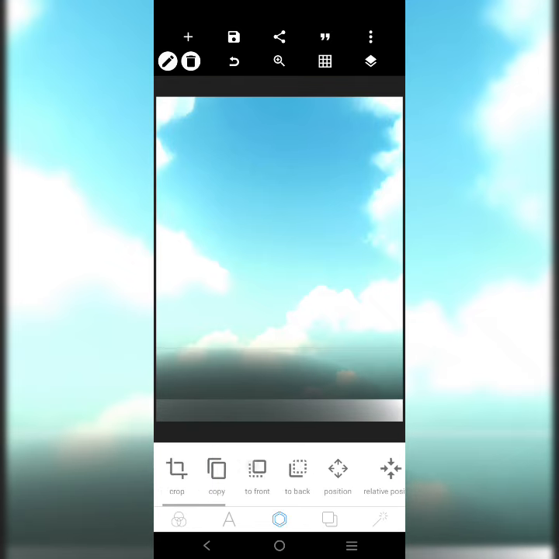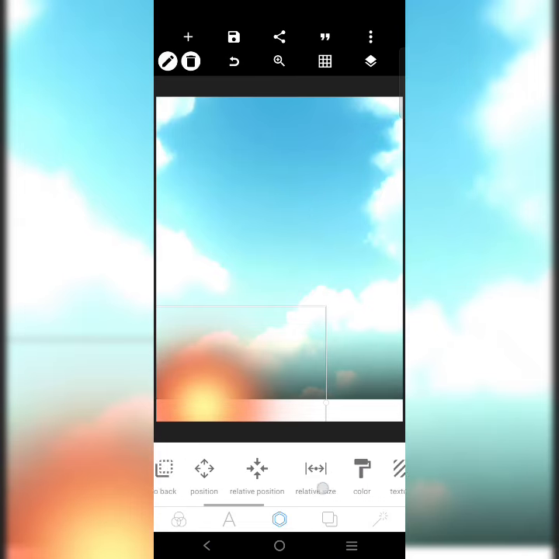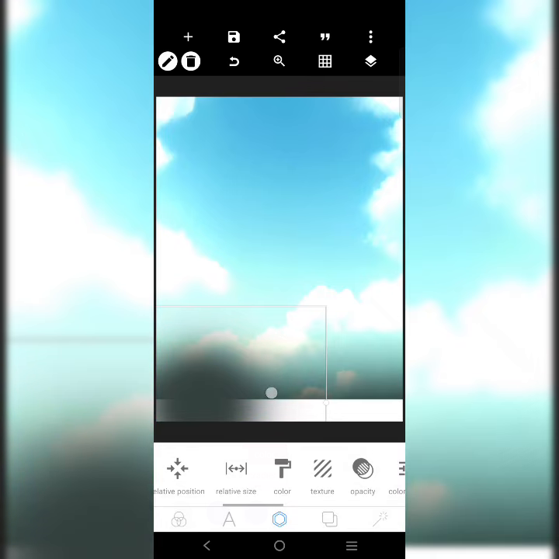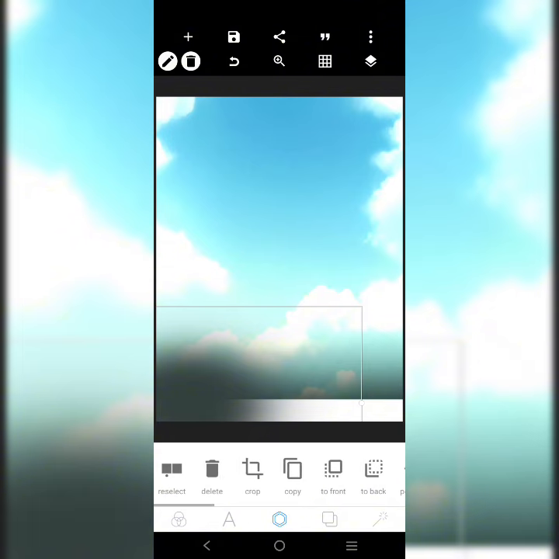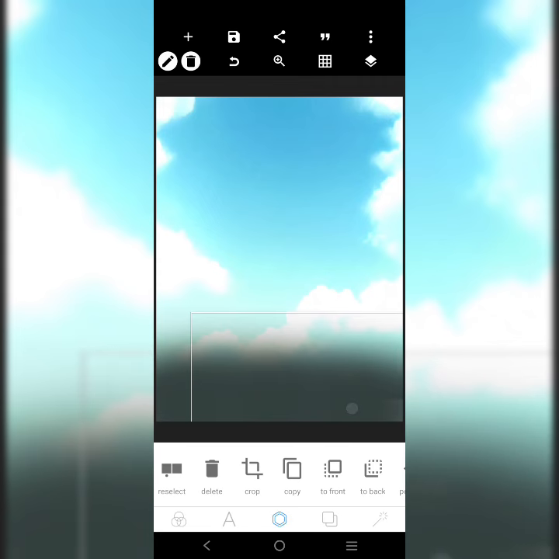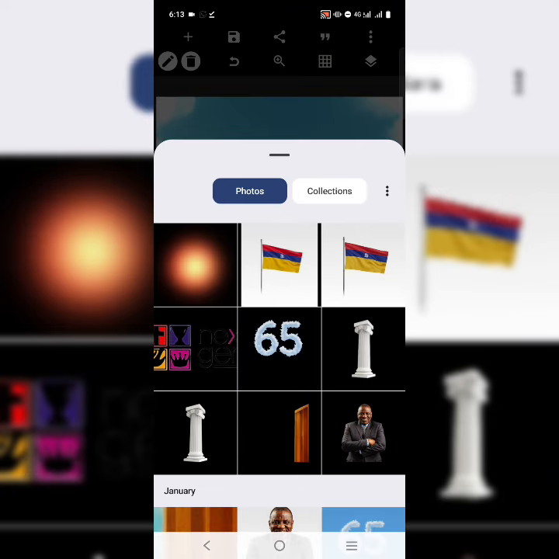But it's not giving me what I want, so instead we're going to use this one. Just come here, let's select something like that, then copy, copy, copy. So come here, we'll bring in the image we're going to be using, which is this